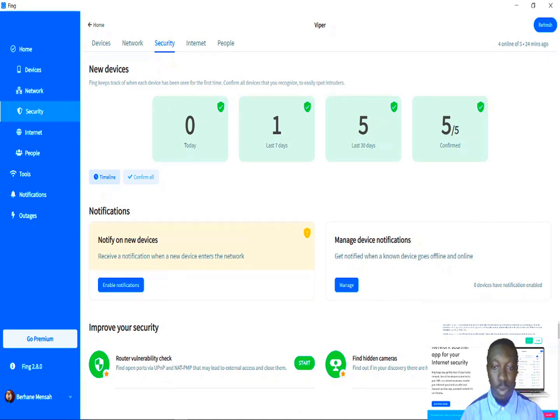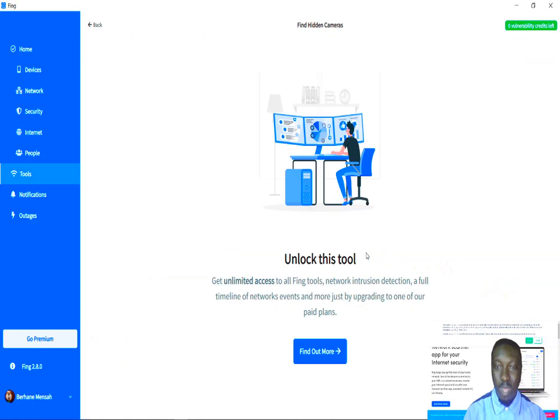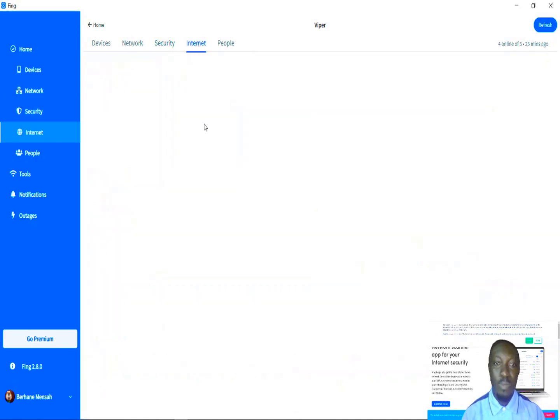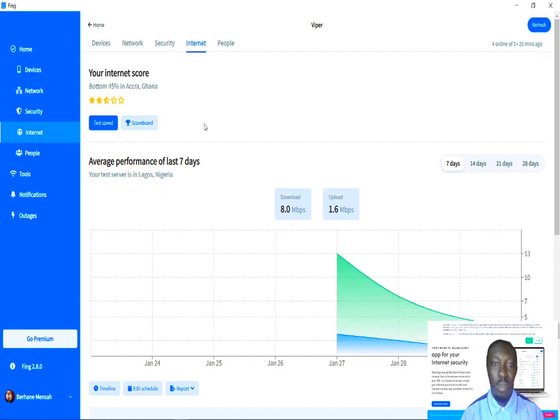Okay, so you can even find hidden cameras, right? But I need to buy them. You need to buy this particular feature, else you will not be able to use it. If we come to internet, under internet, okay, so your internet score,